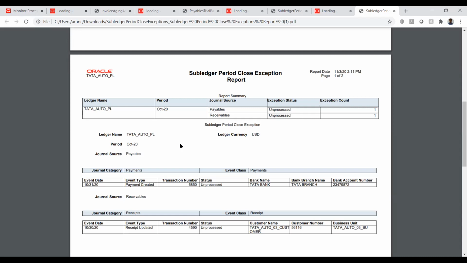Once these things are done, we will close the GL period as well. But let's assume that you were not able to close it in a day or two. You have so many exceptions, or there are exceptions that you are not able to fix. As you said, you wanted Oracle's help, and let's assume they take some time to get that fixed. So usually, what's the buffer time that you have for closing? Yeah, this depends on the project that we are working on.